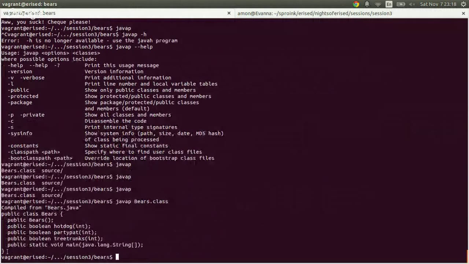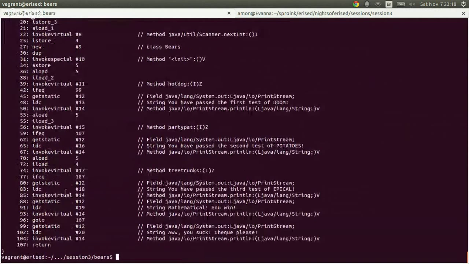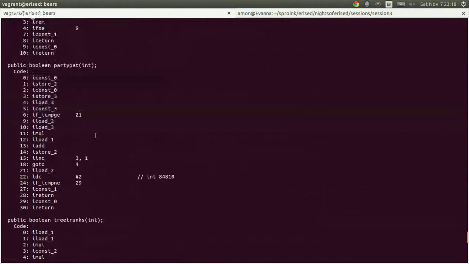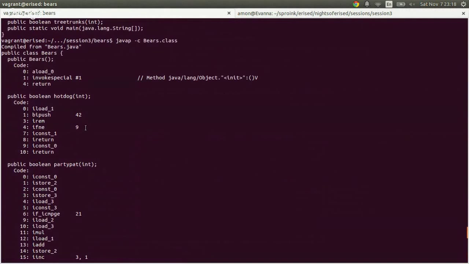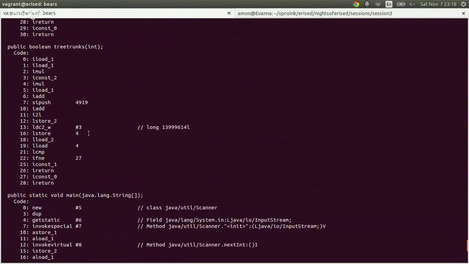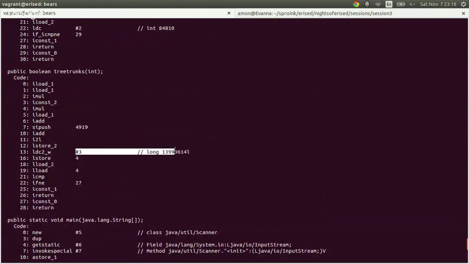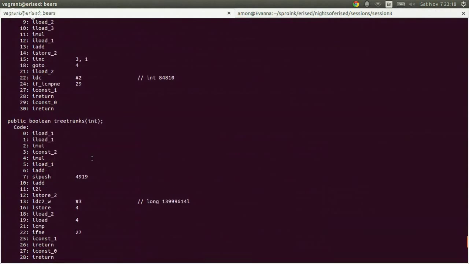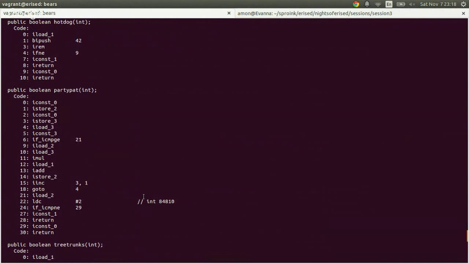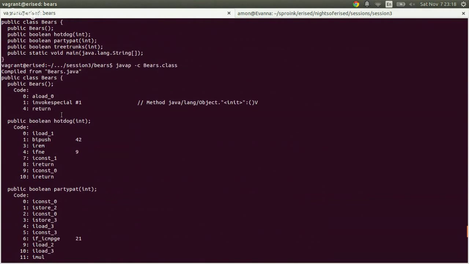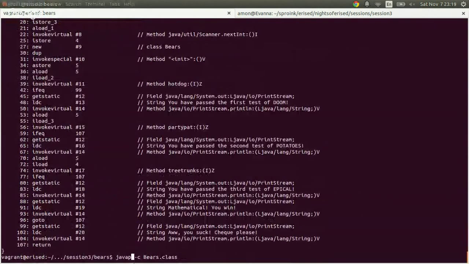Right now I can see these are the headers, but if you use -c, you can actually get the bytecode, the opcodes, directly. It's not a lot of information, but there are little bits of information. And if we turn on the other flags, like constants,